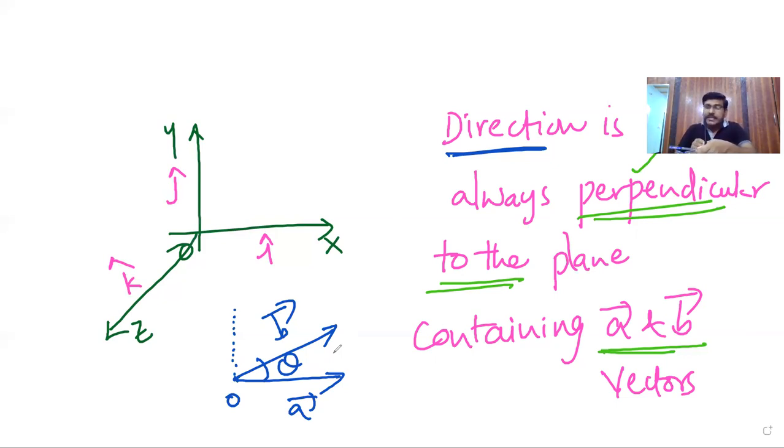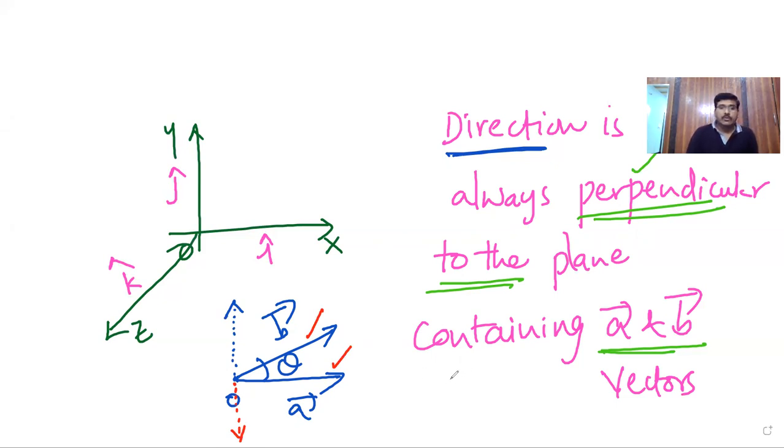Observe, in this case, either the direction is upward or the direction may be downward also. Clear? Here I am showing the upward direction. We have seen the direction may be up. With dotted lines here I am indicating the direction may be downward also. Perpendicular to the plane containing A bar and B bar, upward or down.